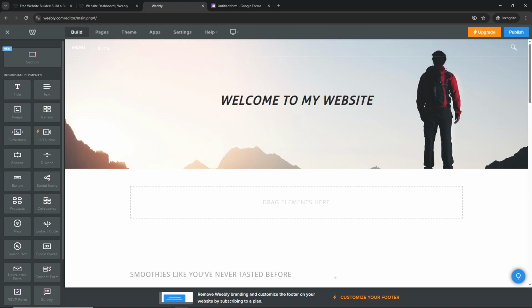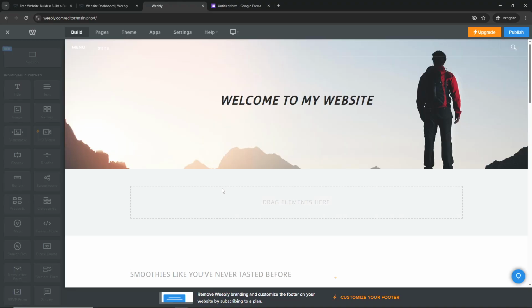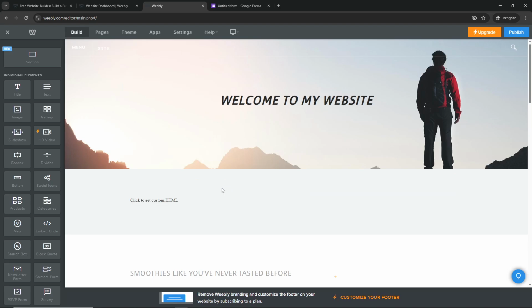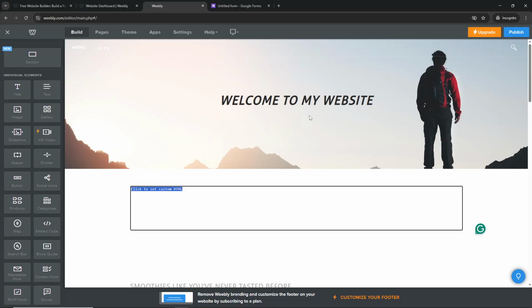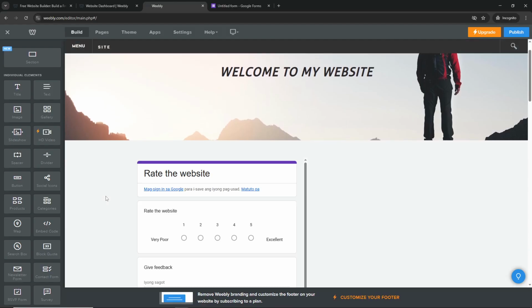Once you've found the embed code element, click and drag it to the area of your website where you want the Google form to appear. After placing it, click on the element and then click Edit Custom HTML. A text box will pop up, and this is where you'll paste the embed code you copied from Google Forms earlier. Simply paste it into that text box, and your form will now be embedded directly into your Weebly site,